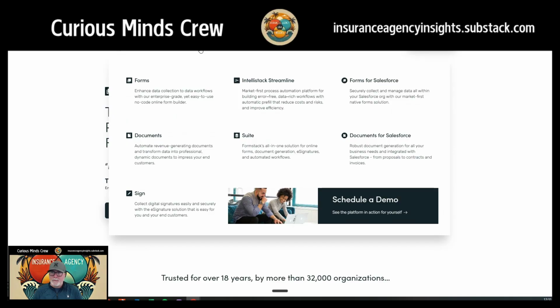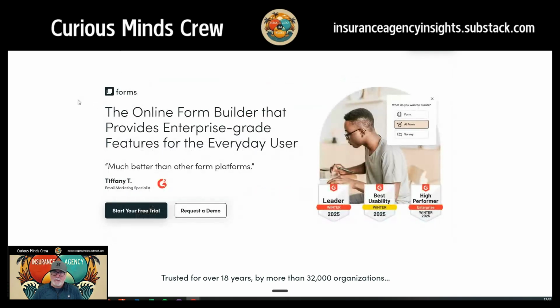They also have a ton of products. So they do forms, you can do document flow, they have FormStack Sign, all kinds of interesting things you can do with them. But at the baseline, if you just want a solid, reliable, very functional smart form platform